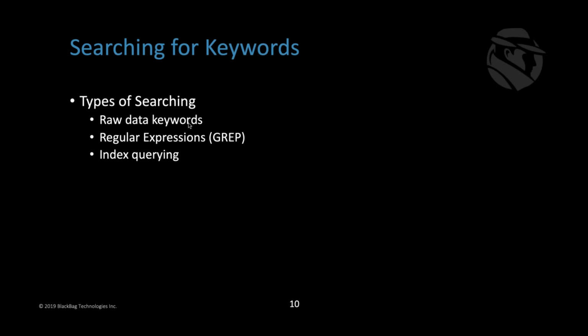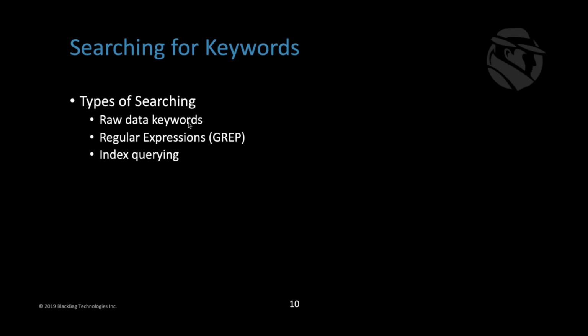So we're going to focus on 2 of these types. One is sometimes called raw keywords or raw data searching. That is going to encompass anything where you're looking directly in a stream, without trying to break it up with any patterns, for specific words or characters in a specific order.